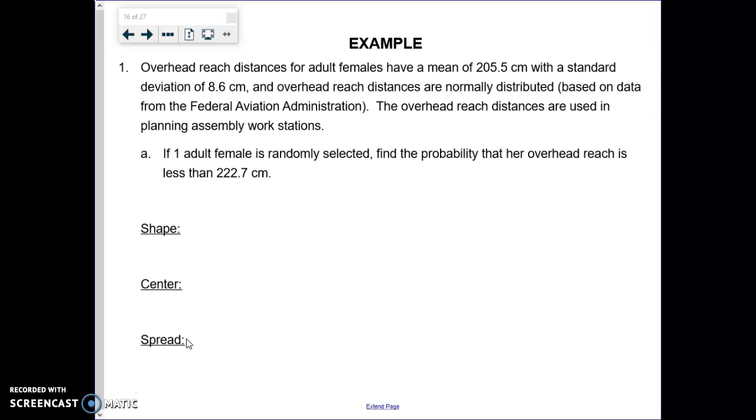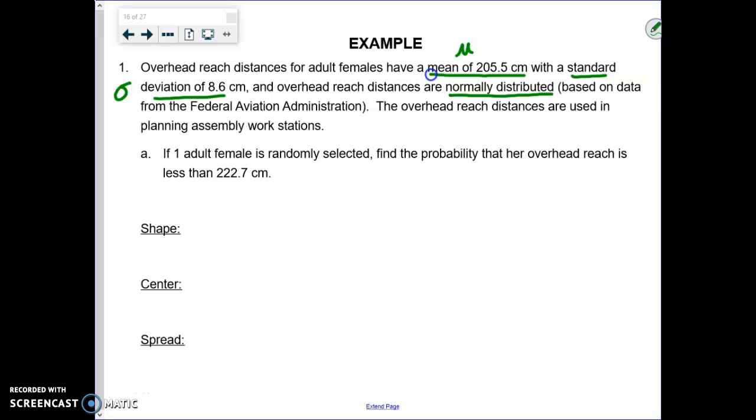First of all, we're looking at overhead reach distances of adult females. They do give us the mean, and that would be the population mean, which is 205.5 centimeters. The population standard deviation is 8.6 centimeters. Now, this is also important: they tell us that these overhead reach distances are already normally distributed. So what that says is our sample size can be any size we want it to be if we're looking at a sampling distribution. And that sampling distribution will form a normal distribution because the original population of reach distances